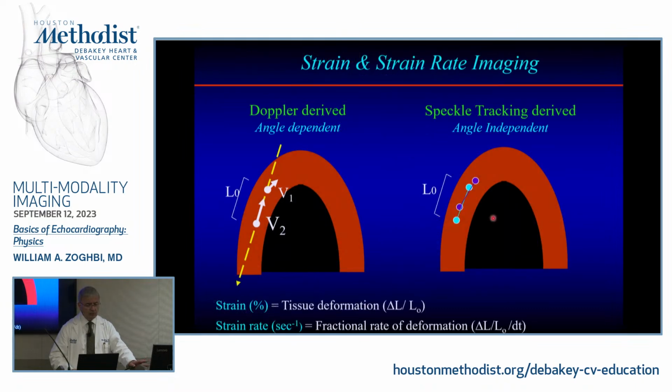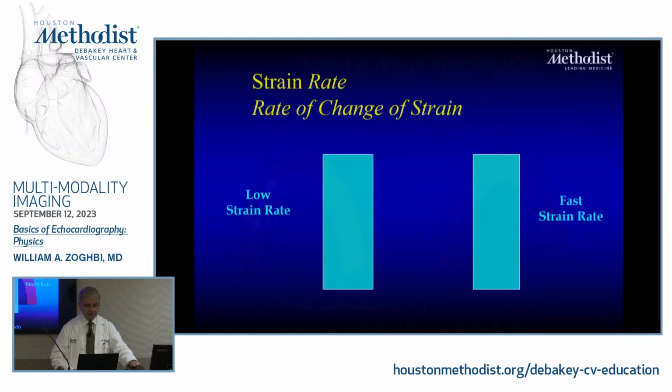Now, in the early days, we used Doppler to do that, changes in V1 and V2, but obviously it would be angle dependent, so we kind of dropped that, although there was a science about it almost 10 years. But nowadays it's mostly speckle tracking, which is angle independent, right? So you're following the speckles themselves of the structure itself and looking at changes from baseline to strain rate. We're not using it as much, and hopefully at some point in time, because it is much more noisy, it's the rate of deformation.